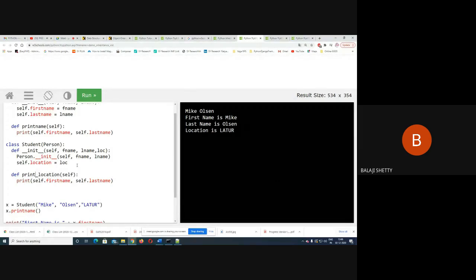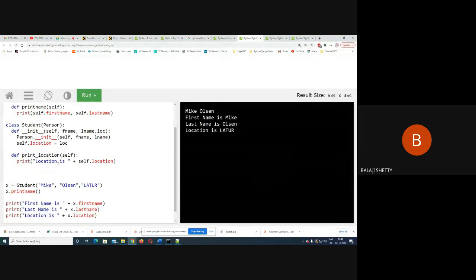Okay, and here I print location is self.location. So here what I'm doing now, I am defining one member function in the derived class.